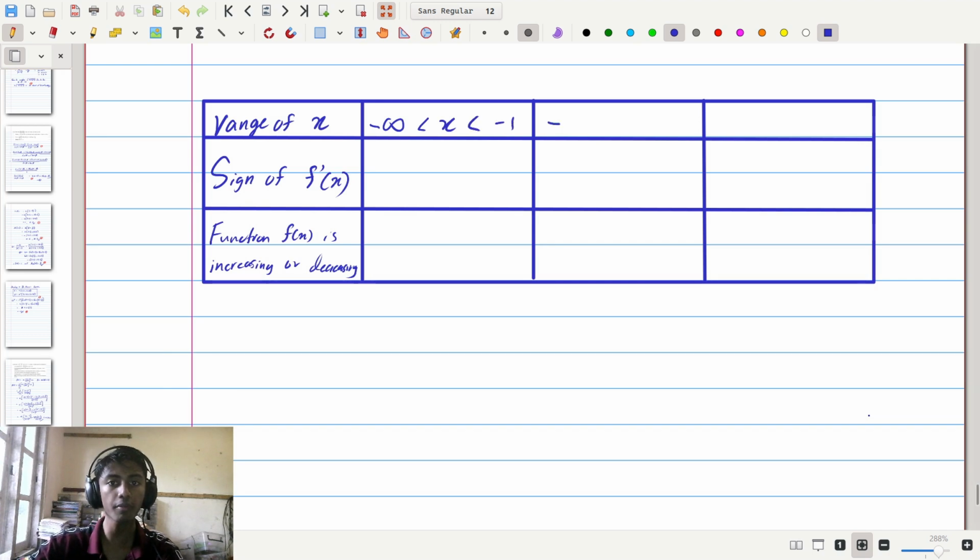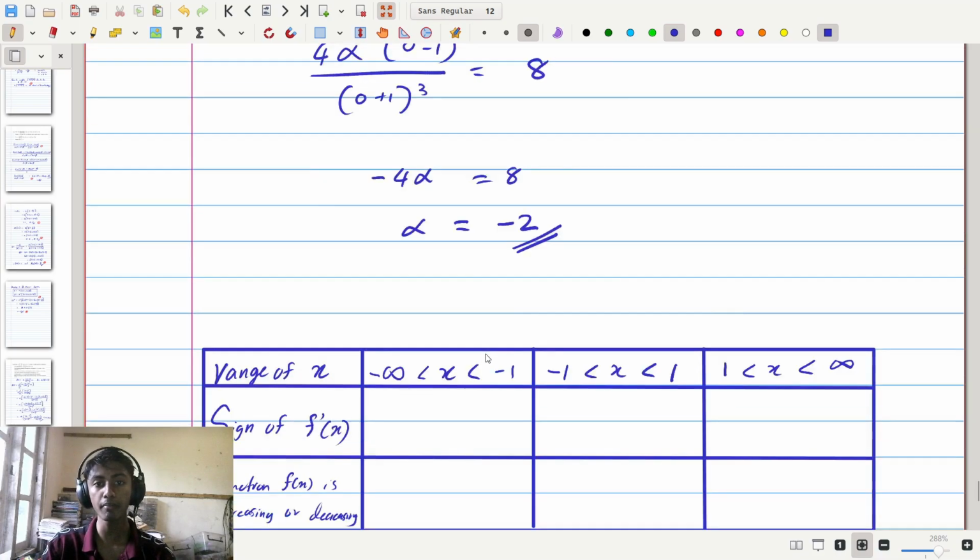The next range is going to be from x equals negative 1 until the next value of x at which something changes, which is x equals positive 1. And the last one is going to be from x equals positive 1 until x equals positive infinity. Now if we consider each of these ranges separately and consider the sign of f prime x, for the first